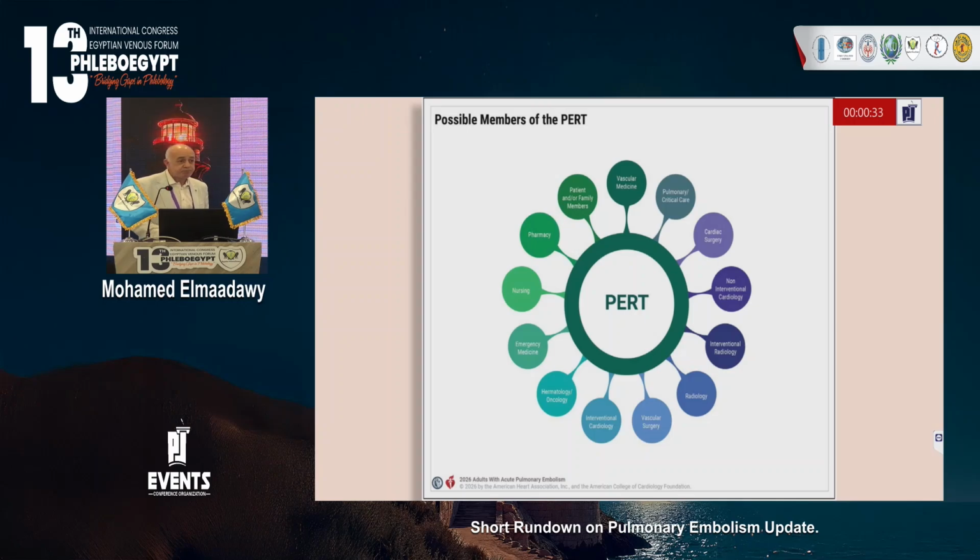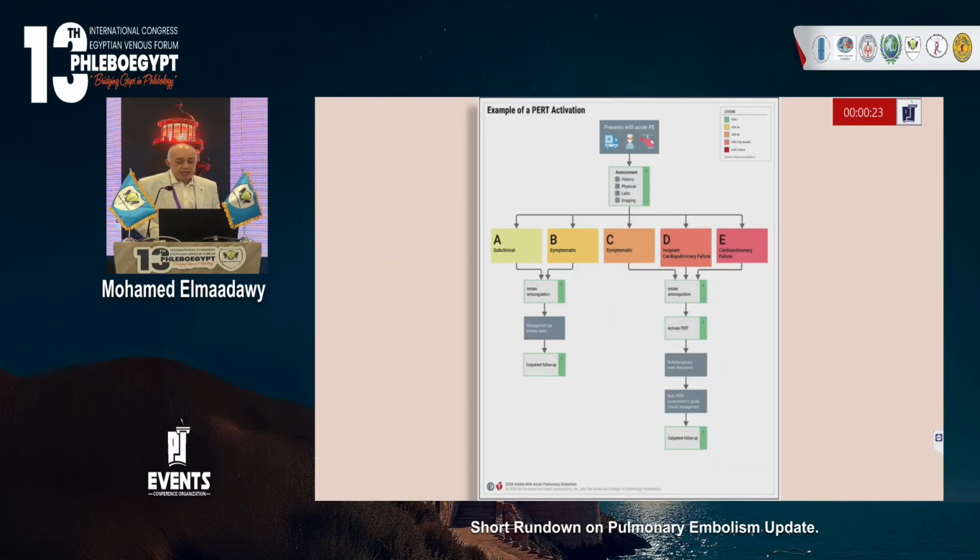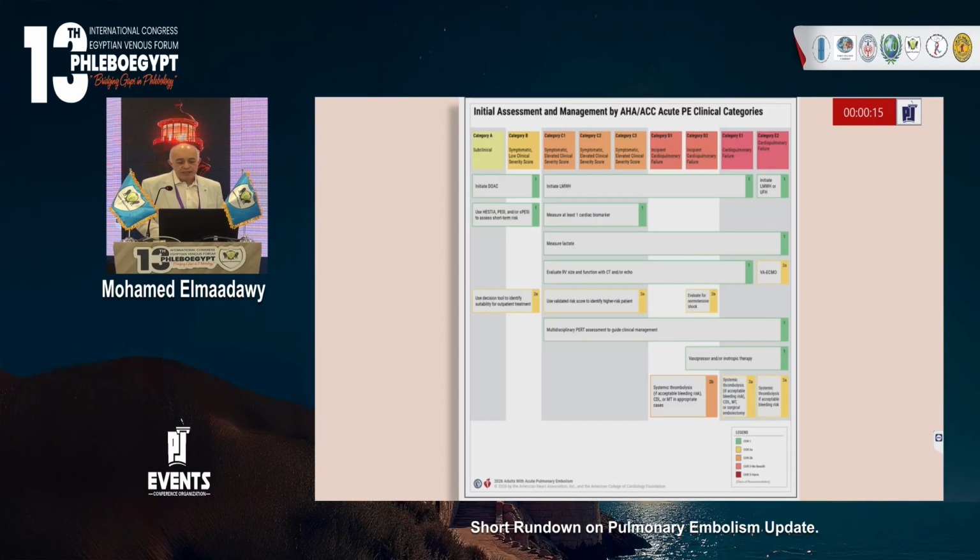advanced therapy. The PERT team, as you see the components of this PERT team, and thanks to Dr. Ahmed Hussein who talked about this. PERT team is activated from the C onward, C, D, and E, but there is no need for this PERT team in the A or in the B. We come for the management of this patient. This category could be treated at home. This category could be offered